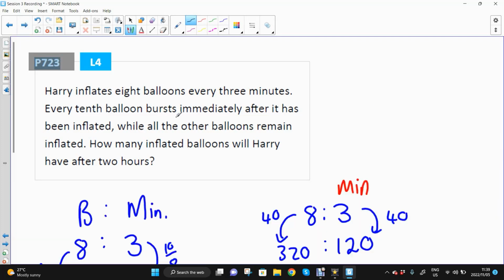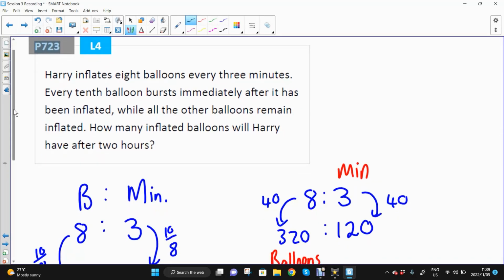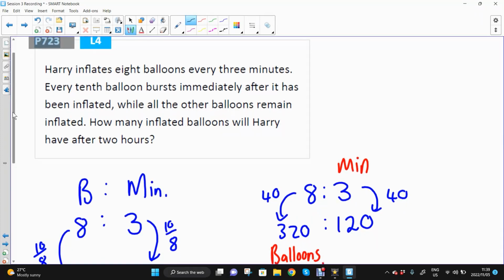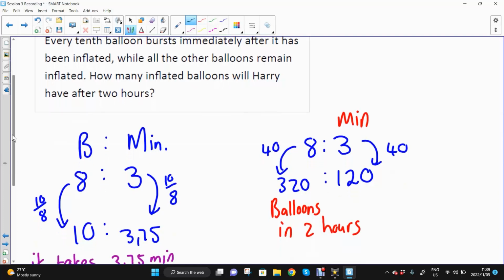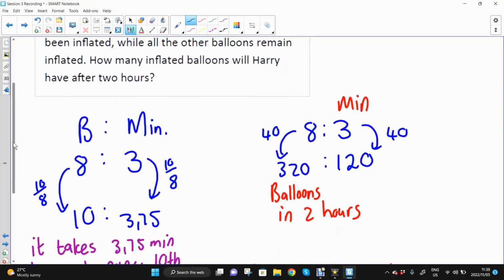Okay, so let's read this again. Harry inflates 8 balloons every 3 minutes. Every 10th balloon bursts immediately after it has been inflated. So what I need to figure out, and this is what I did here on the left-hand side, I wanted to find out, after how many minutes does it take for the 10th balloon to be blown up. So every 10th balloon will burst, and that will happen every